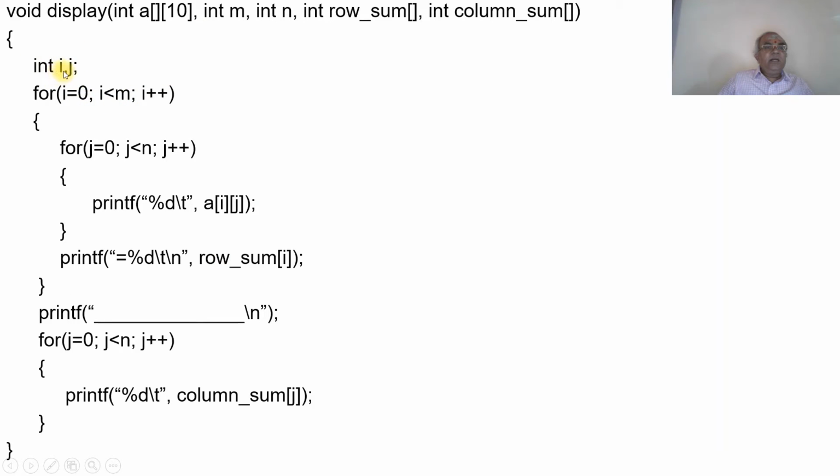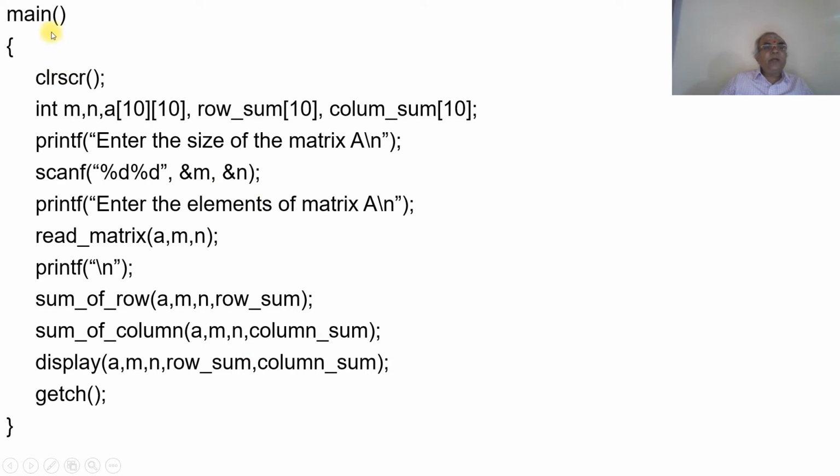and then it comes to the display. How to write the display: int I comma j, for I is equal to 0, I is less than m, and I plus plus, open the loop, for j is equal to 0, j is less than n, and j plus plus, and then printf percentage d slash t a of ij, printf percentage d t. So this is the row sum, and then printf to give one line. Of course we're going to show all these things when you write the program. For j is equal to 0, j is less than n, j plus plus, printf, so it will execute this. Now we're going to write the main program, main, clrscr, int m n a row sum column sum,